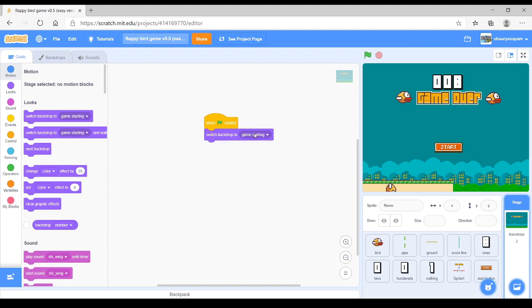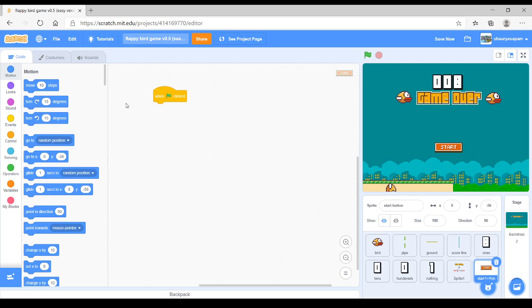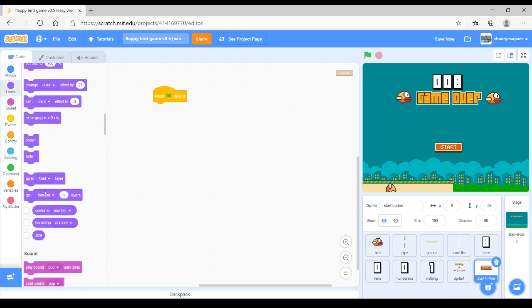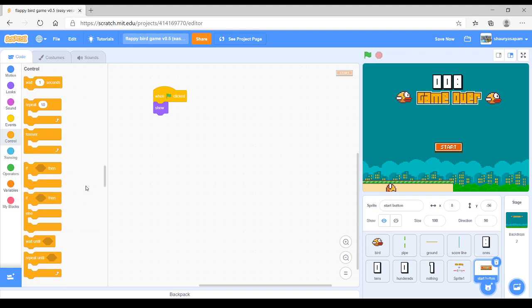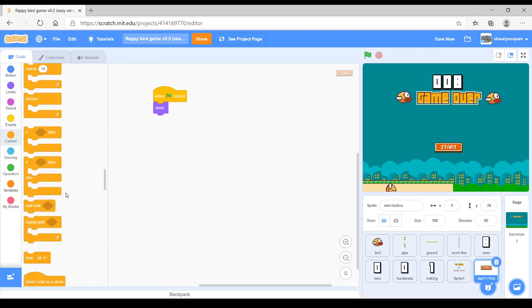In the flag clicked, it is supposed to show over here, show. Then after that, it is supposed to broadcast a thing called, oh, sorry, my bad. So yeah,